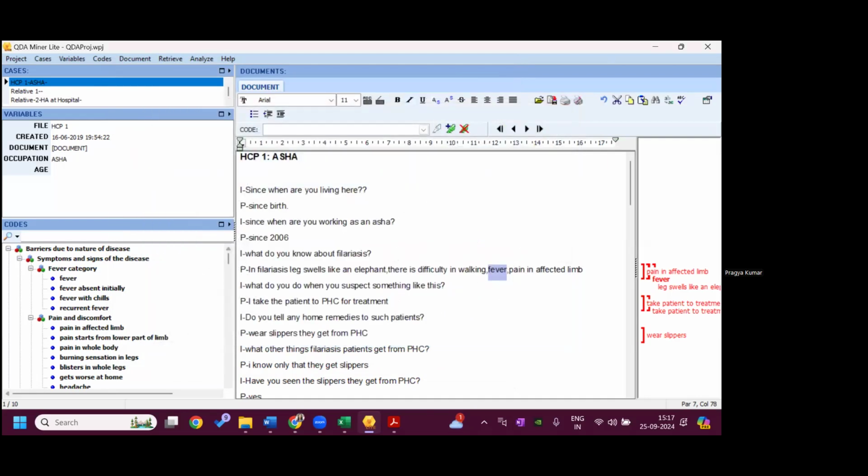So if you have learned up till this point, then I think we can have a breakout room where you can practice these commands: making categories, making subcategories, seeing the code frequency, and retrieval of the code segment. Five commands. And then we'll see how to do the write-up and a few more. We have still not covered the second cycle coding method. We have still not covered a few types of analysis. So I think we have 3 more topics to cover. So we are opening the breakout room.